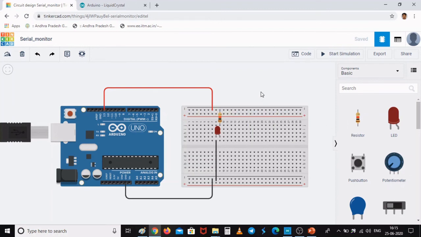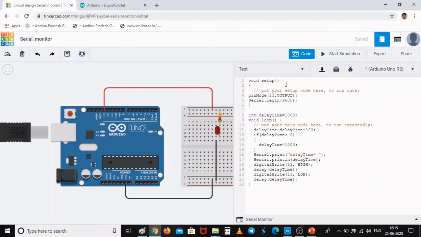This circuit is exactly as simple as what we have done earlier, like glowing this LED. The circuit is the same, but let me show you the code and in what way I have modified it. In the void setup, I have assigned pin number 13 as output mode. And what is important here is the command Serial.begin. This Serial.begin is what initializes the serial communication with the other devices. And this 9600 is called the baud rate, that is, the number of bits per second that are transmitted. So Serial.begin is going to initiate a serial communication.